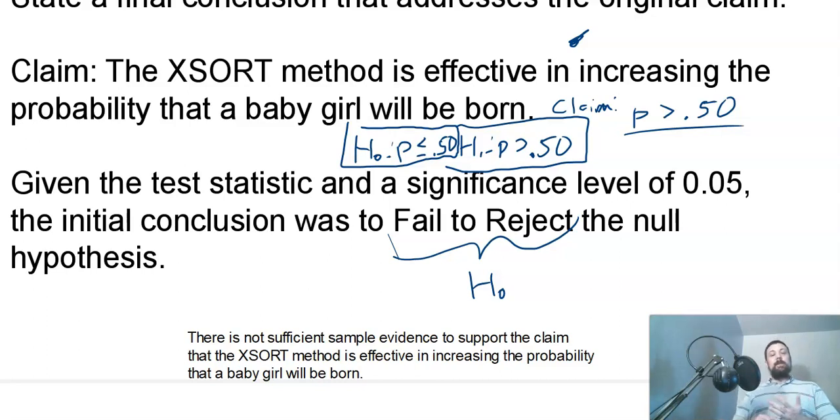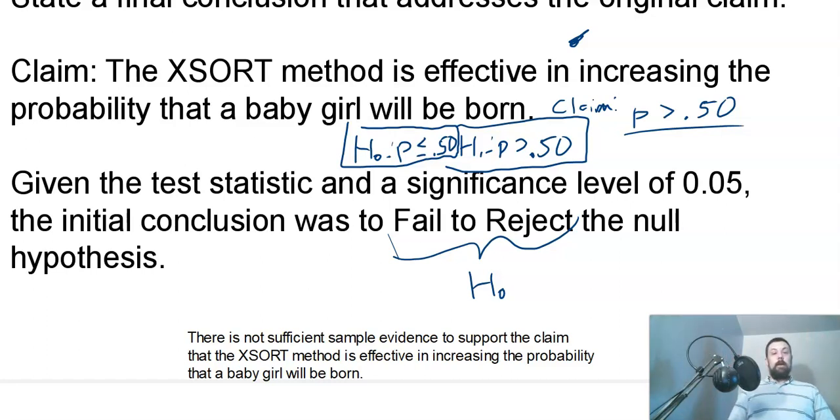There is not sufficient sample evidence to support the claim that the XSORT method is effective in increasing the probability that a baby girl will be born. So you make it a complete sentence using only words, incorporating the claim in there. All right,